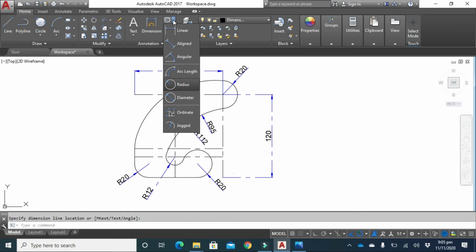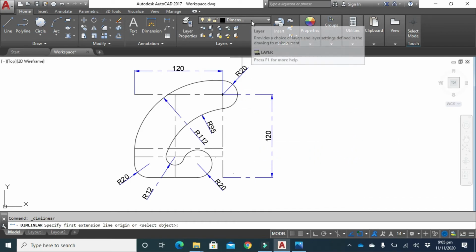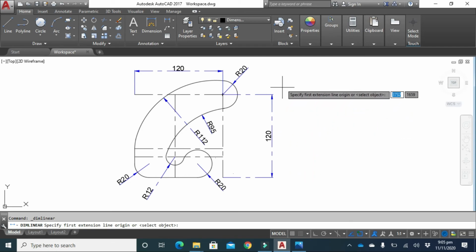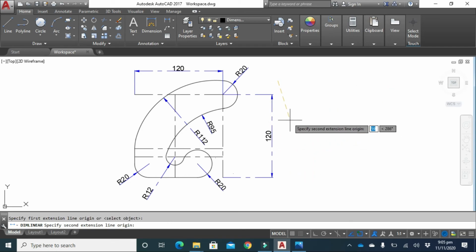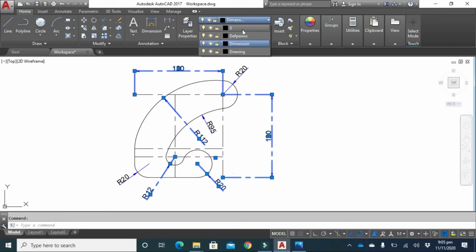Linear. Oh sorry, and these are dimensions and these are in the dimension layer, so we have to change the layer into its default. And this, click here and change it to default.